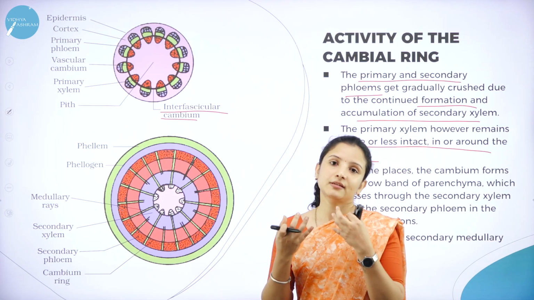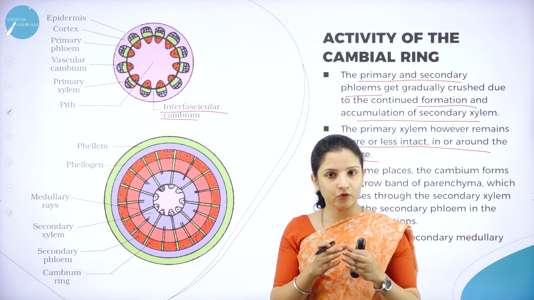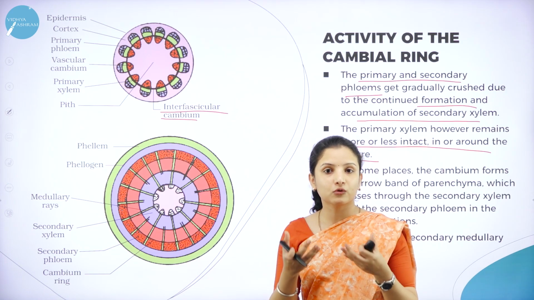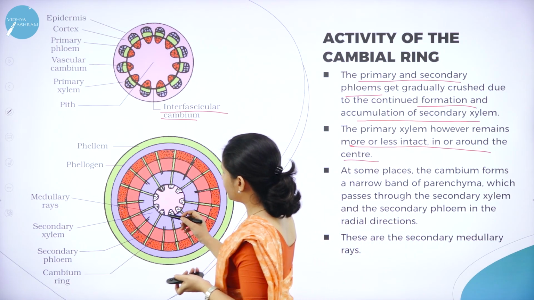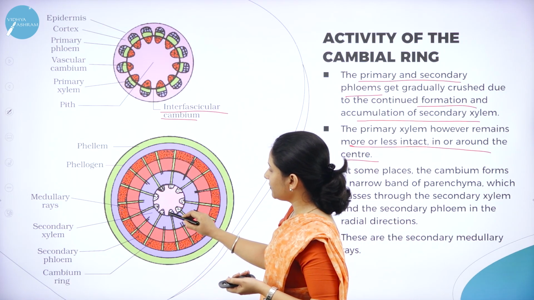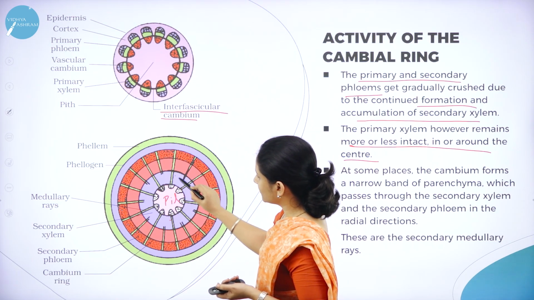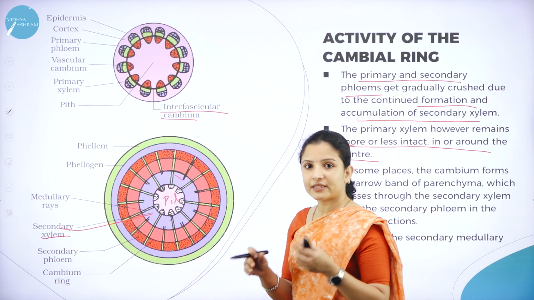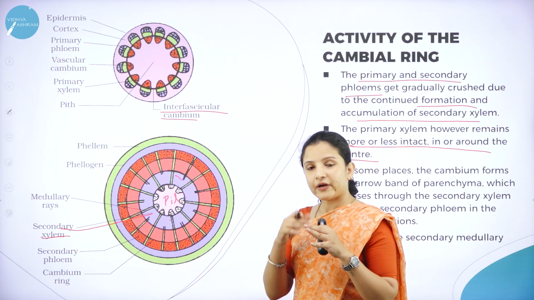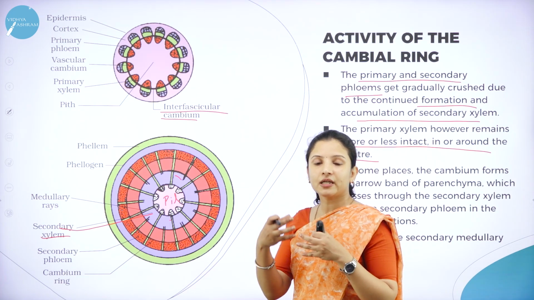Because of the increase in the number of secondary xylem cells, it will start to crush the phloem cells because it requires more space, because it is filling in fast. So, that is why. Once this happens, the primary xylem remains towards the pith, and all the other place is occupied by the secondary xylem. The primary xylem is there because those are the cells that keep forming the secondary xylem, right?